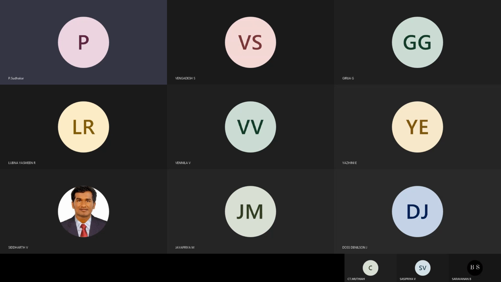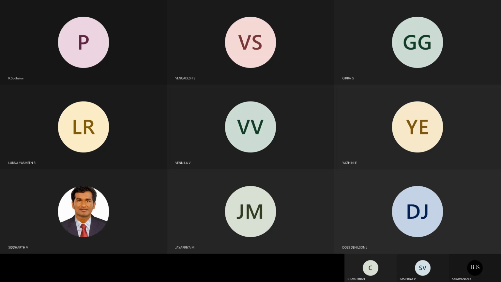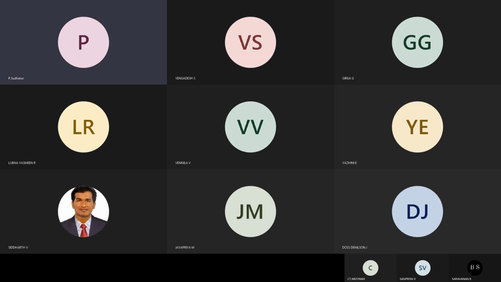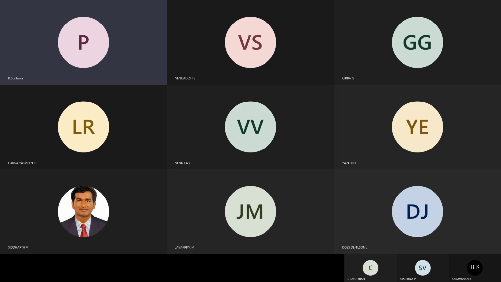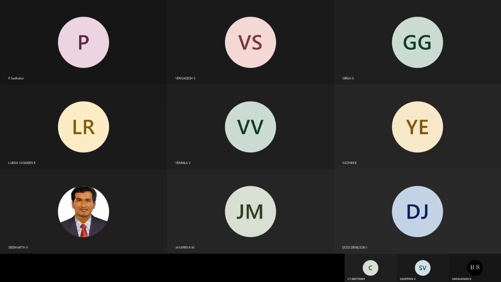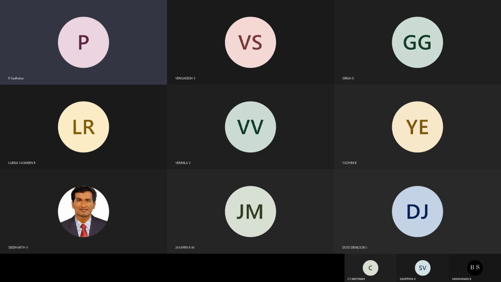So why do we calculate H2 here? H2 is H2C plus H2R. H2C is 17.8 plus 6.86, so you get around 24.6 watt per meter square degree centigrade. So H2 you have found out, H1 you have found out. Then the overall top loss coefficient is 1 by H1 plus 1 by H2 whole inverse. So the overall top loss coefficient will be 6.57 watt per meter square degree centigrade.